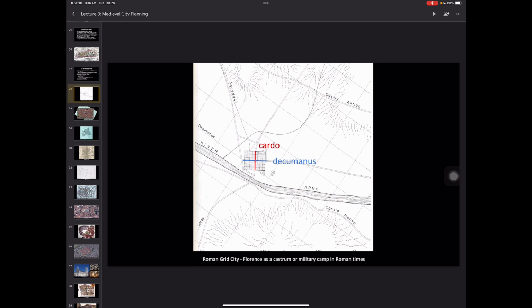And if you notice, it's not aligned to the river, right? They could have just turned it a little bit so that it would align very nicely with that river, but instead they choose to keep the cardinal directions because again, they always want the cardo to be north-south, and that way they keep uniformity throughout the empire through built form and architecture. There's the cardo, and there's the decumanus. And in the center, you're gonna have the forum.